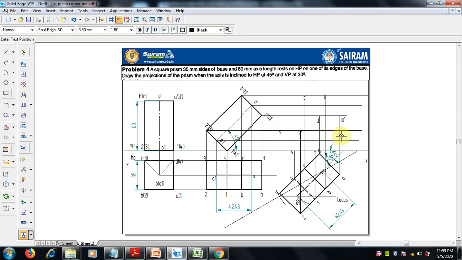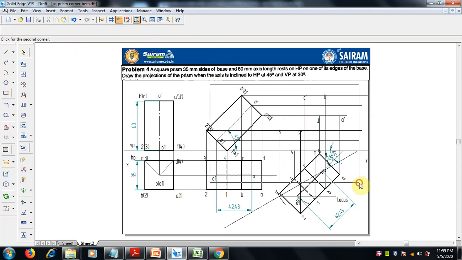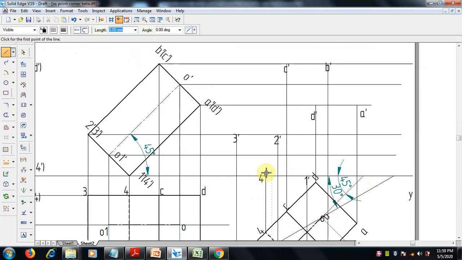We can draw the bottom base and top base, then join them, or we can draw the outer lines first with a thick line. So as I said, we can follow this. What are the outlines? So zoom it for clear understanding. So here I can join 4 to 1, and now 1 to A here, A to B here, B to C here, C to 3, and 3 to 4.